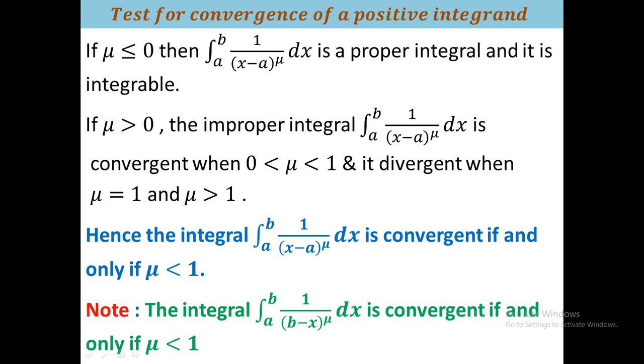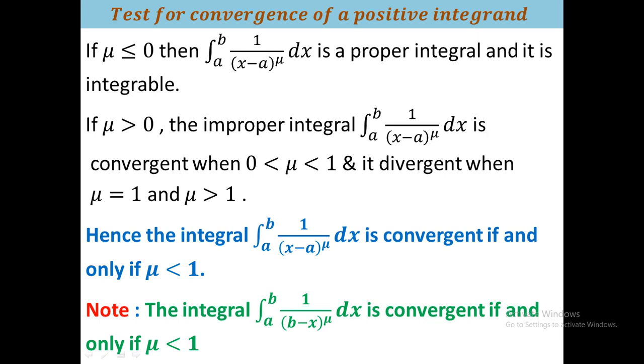You have to remember these two forms, that is when the function has infinite discontinuity at the left boundary point as well as when the function has infinite discontinuity at the right boundary point. This is a very important formula which is used in many problems. Here I also use that in the problem in example 8.